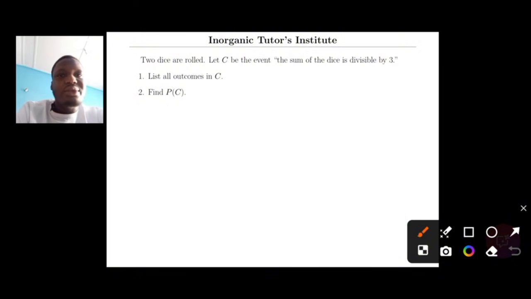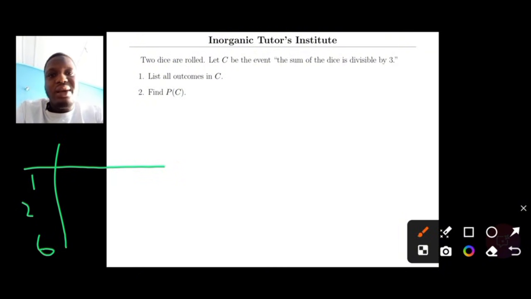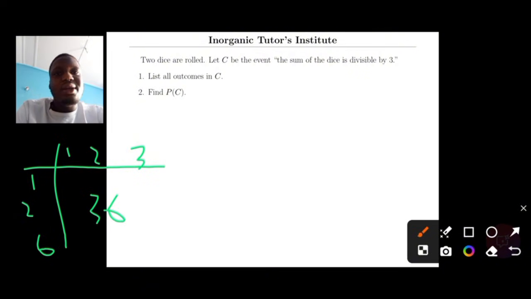2 dice are rolled, and it is just like the example we saw, where we have 1, 2, 3 up to 6 on each die, and we had 36 outcomes in the sample space, just as we saw in the previous lecture. In other words, to get the sample space, you can multiply the outcomes from the first die, which is 6, times the outcomes from the second die, which is also 6, which gives you a total of 36. Now